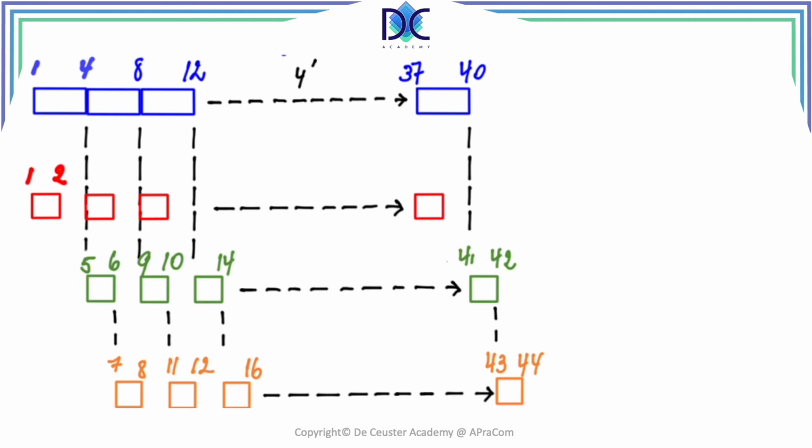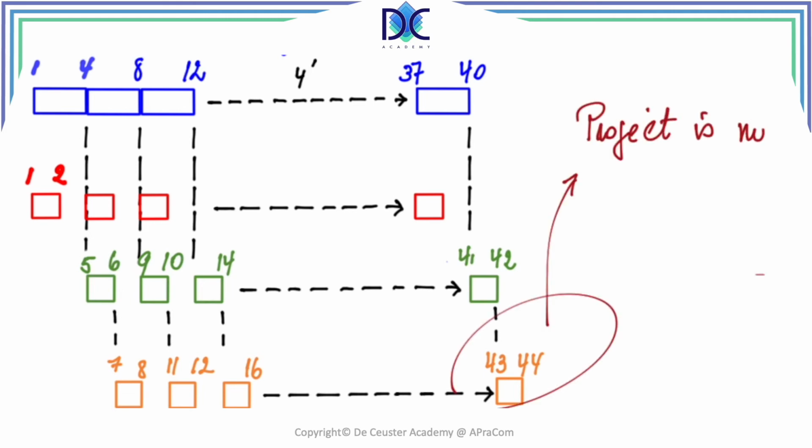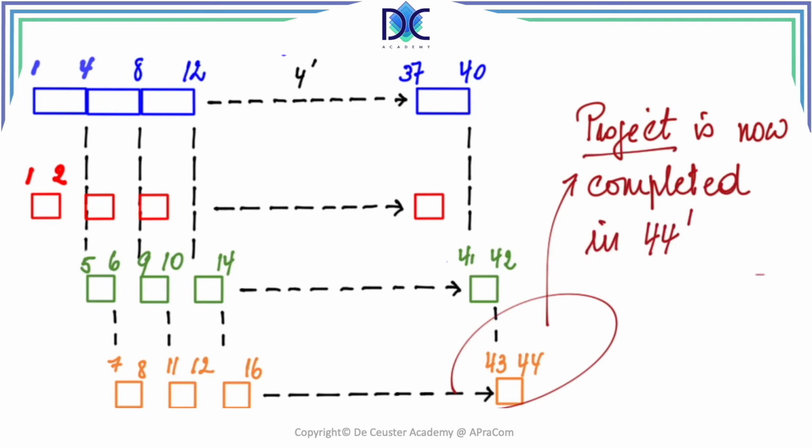So we see that there is a big difference here. We see that the project is now completed in 44 minutes, where in the previous example, where we were just applying the classical precedence relationship, it was 80 minutes. So we save 36 minutes